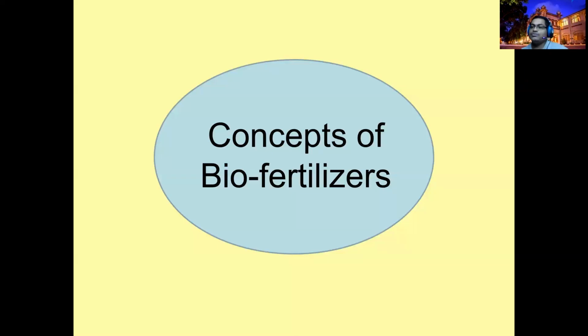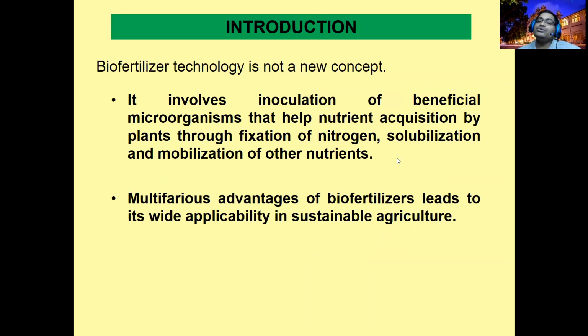Earlier we studied biological nitrogen fixation, because nitrogen is important for our crops. It's a major element, right? But we can use many microorganisms, especially bacteria. That's why I took this one on the bacterial side. The other, mycorrhizae, I will take after completing the fungi. So biofertilizer means we are going to use these microbes, especially beneficial bacteria, for the fixation of nitrogen and other elements, phosphorus, sulfur and iron.